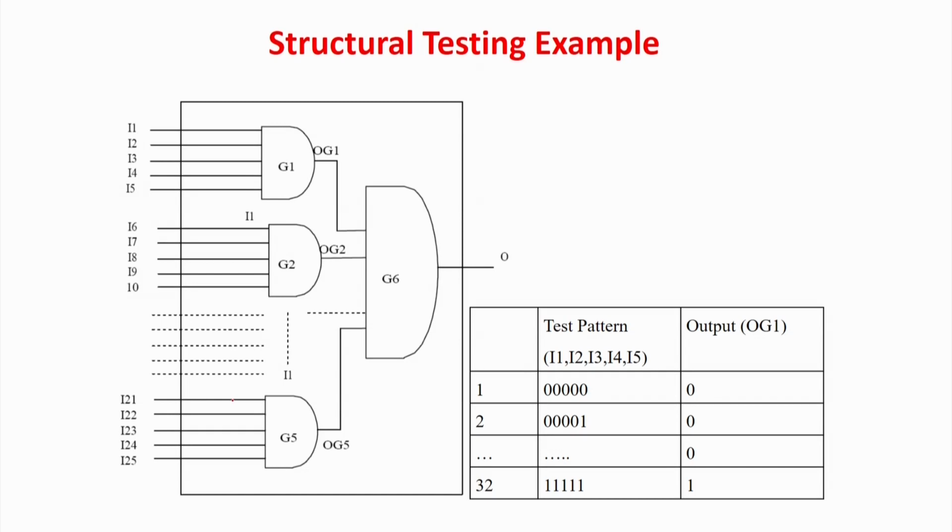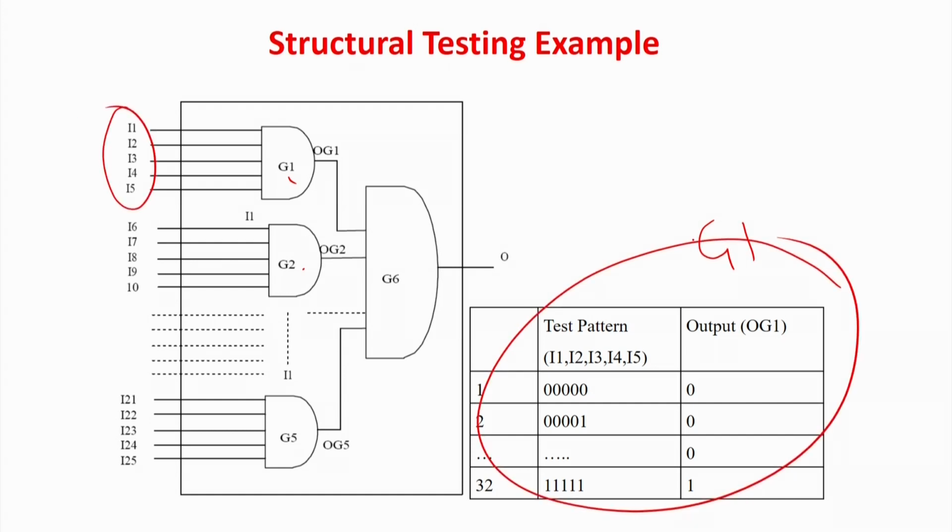An example is better. This is the same circuit I have shown you, 25 inputs and 1 output AND gate. Maybe it is made up of 5 individual AND gates of 5 inputs each. So, 1, 2, 3, 4, 5 gates, and this is the final AND gate, and this is the output. Now, say that I want to test each of the AND gates only at that level and not the integration. So, for G1, how many patterns will you require? There are 5 inputs, so you require this table, all combinations.